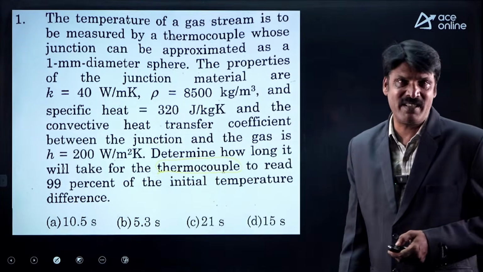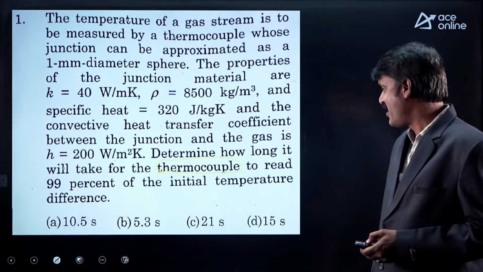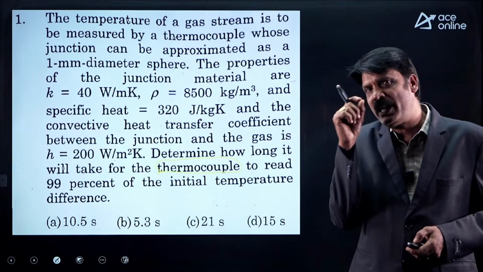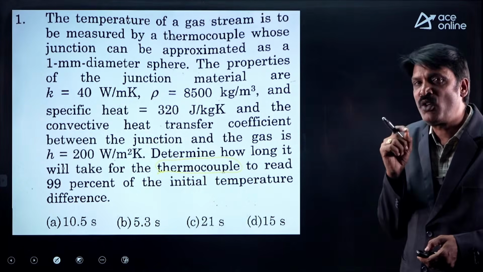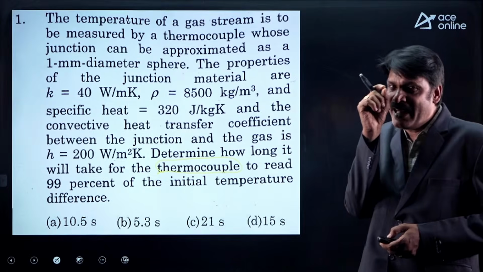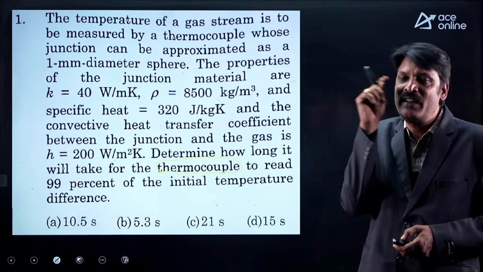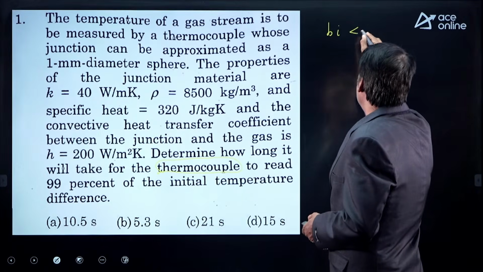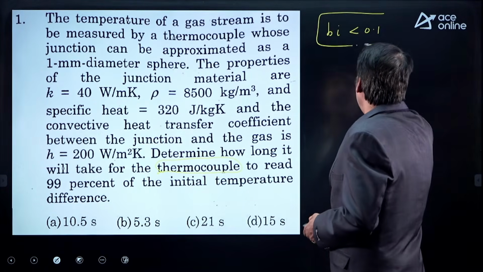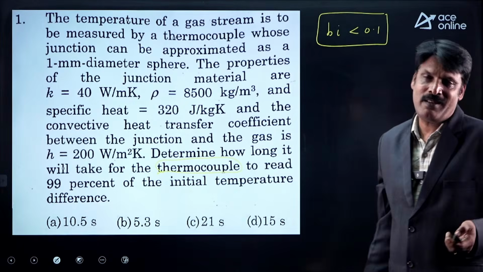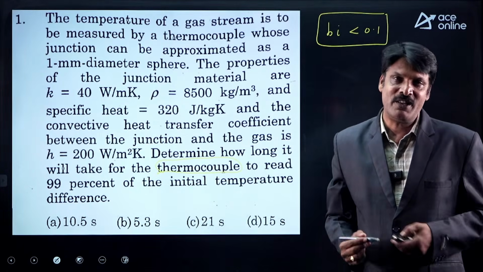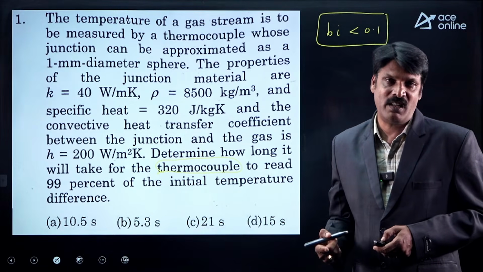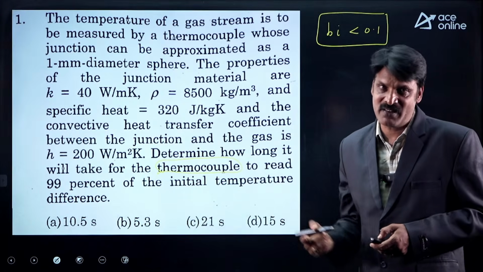That means it is transient heat conduction. It is asking you time. So, in transient problems, whenever you are trying to measure temperature using thermocouples, generally the thermocouple bead diameter is very small, its thermal conductivity is very high, hence Biot number should definitely be less than 0.1. If not, you can calculate. But as it is a multiple choice question, as you are fighting with respect to time, all thermocouple systems are basically mapped into lumped heat capacity analysis,